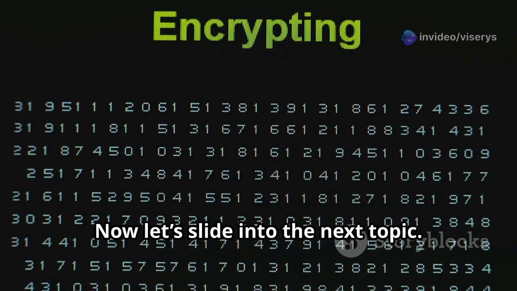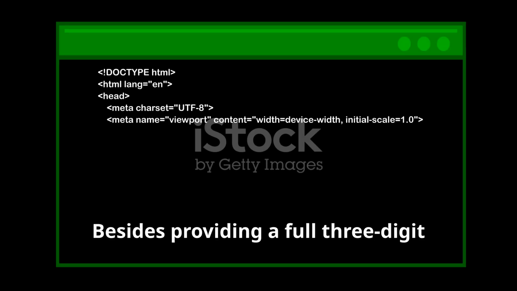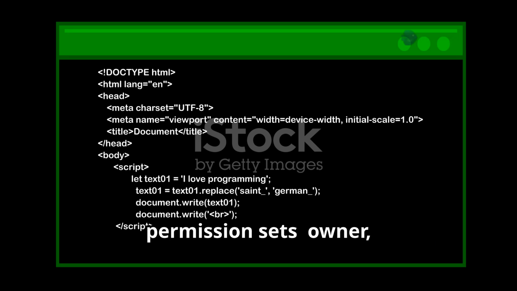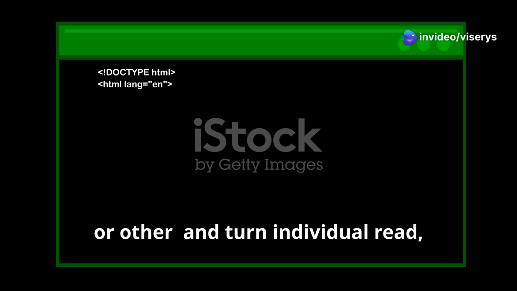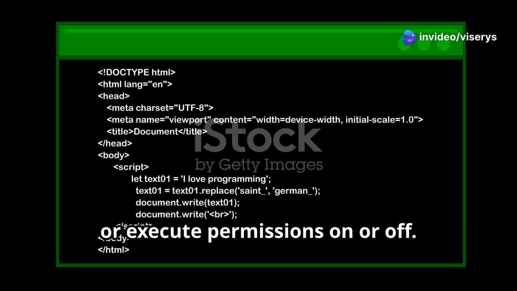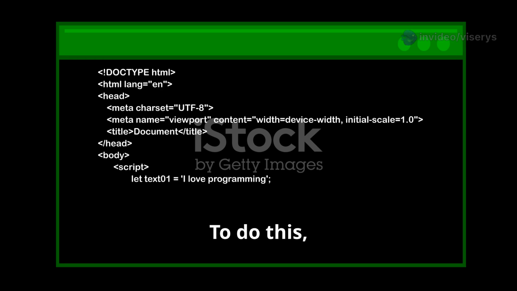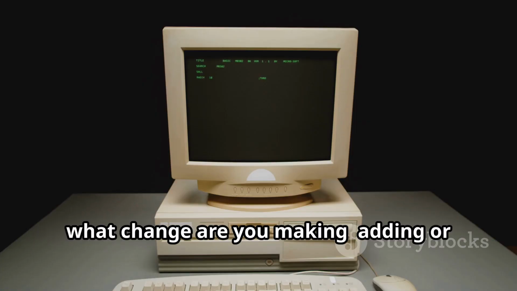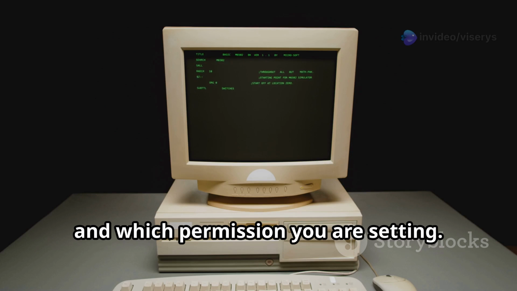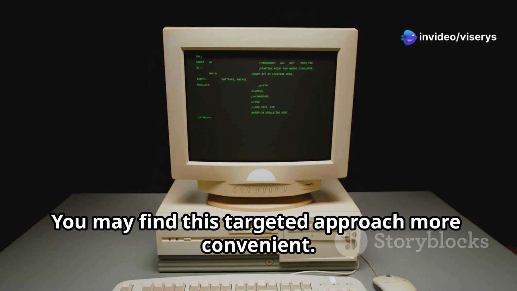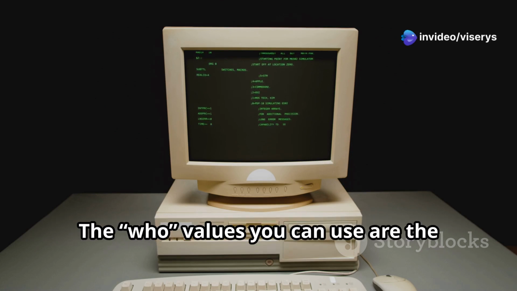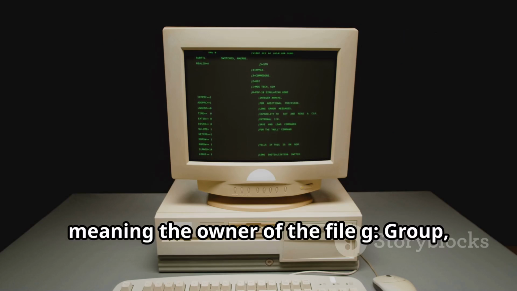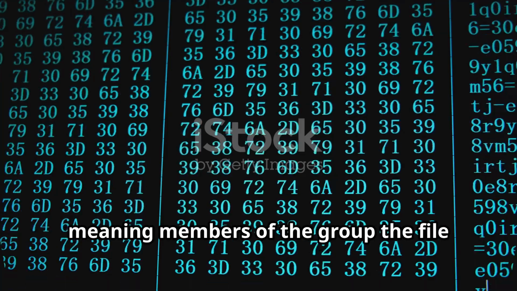Now let's move on to the next topic. Besides providing a full 3-digit octal permission number, chmod allows you to target specific permission sets, owner, group, or other, and turn individual read, write, or execute permissions on or off. To do this, you need to specify who you are setting permissions for, what change you are making, adding or removing the permission, and which permission you are setting. You may find this targeted approach more convenient. The who values you can use are the following: u, user, meaning the owner of the file; g, group, meaning members of the group the file